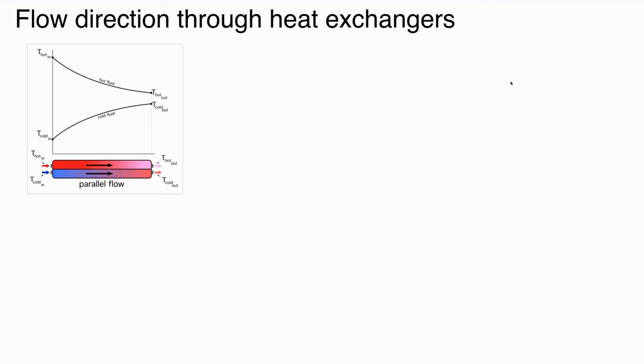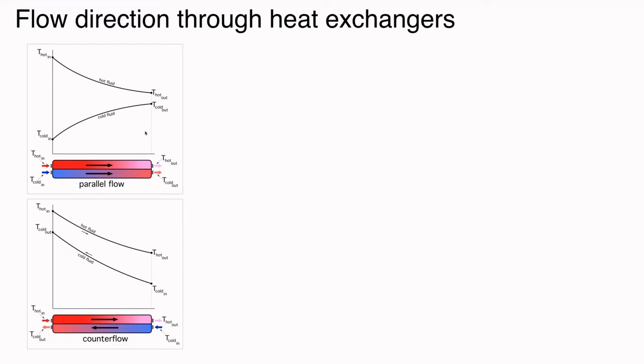Now, flow direction, also very important in heat exchangers. We could operate a heat exchanger with what's called parallel flow. This is where both fluid streams are going in the same direction. And this graph up here just shows we're coming in with the hot fluid at some temperature. We're coming in with the cold fluid at some lower temperature. And as we progress along the heat exchanger, you can see these temperatures are coming together. So there's always a temperature difference between the hot fluid and cold fluid,